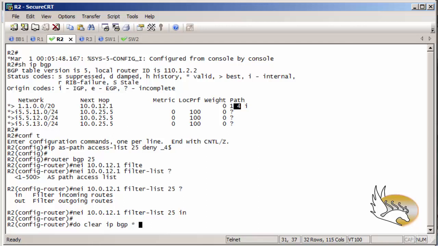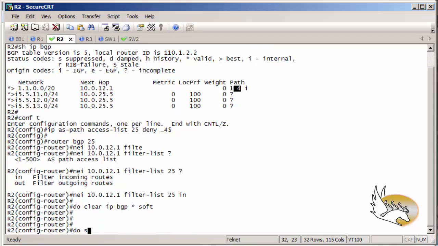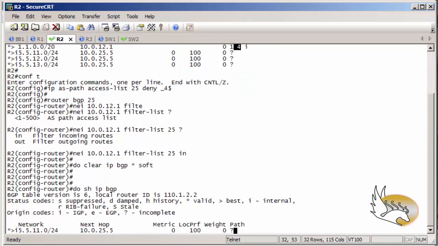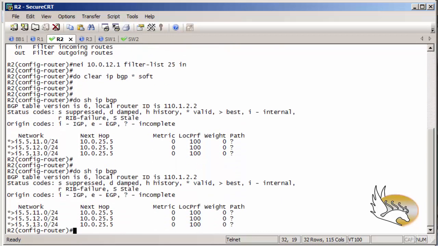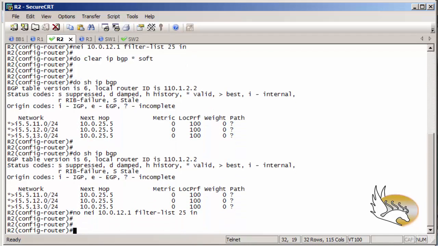So let's clear IP BGP for any neighbor softly and check the IP BGP table. Now you can see that the route is gone. So I'm not letting any route with this matching inside. So let's remove this, and this time no IP AS path access list